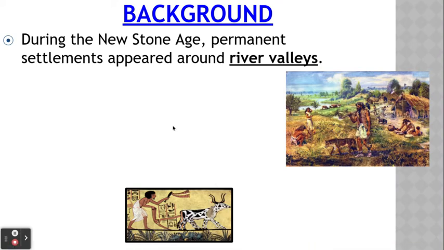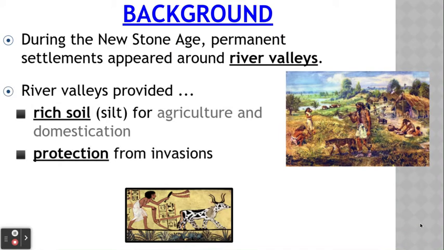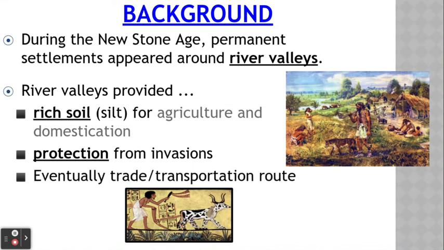So again, these river valleys provided our ancestors the ability to farm because of the rich topsoil known as silt. It'll also give our ancestors a source of protection, especially if they use the river as a border. And then we will also see it eventually being used as a route for trade and or transportation. So again, these river valleys are super important. And again, the rich topsoil, which we'll talk about in a few minutes, is definitely a benefit of living